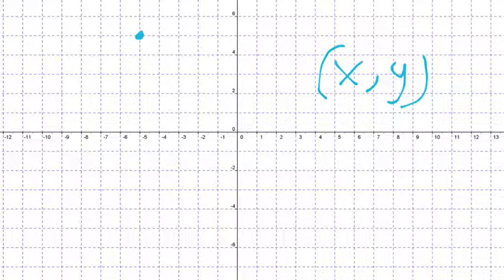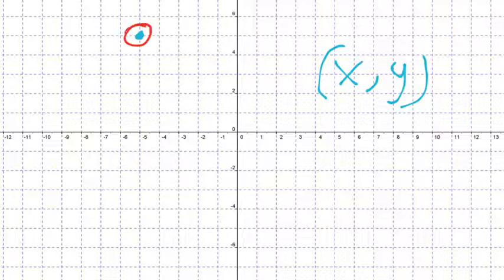This one is just x, y and only x, y. So if I were to ask you, what is the ordered pair of the given point? How would you write it? Okay, so this is what you guys have to do. Cool. And if you ever wanted to know how to plot a point,